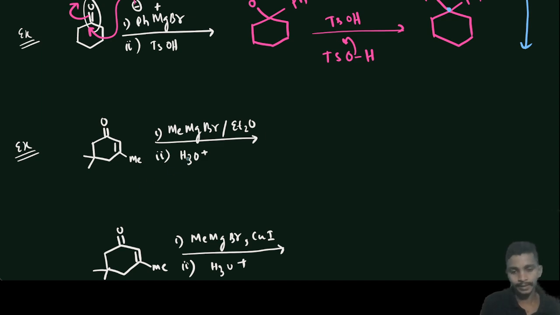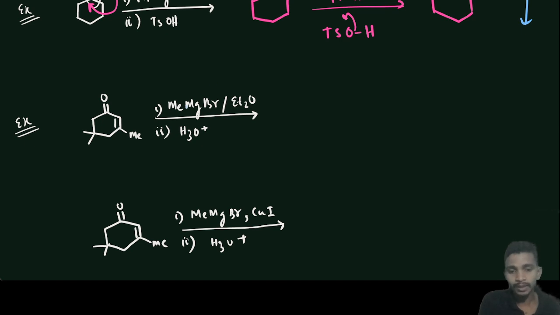So in this case again, here what happened is that MeMgBr, and ether is the solvent. So now what will happen here, that type of thing will not happen. See here, this is a hard reagent, because only if carbon-lithium or carbon-halogen is there does it become a soft reagent, but now this is a hard reagent, so it will do direct addition. It means that it will directly add to this. So what you will get here,